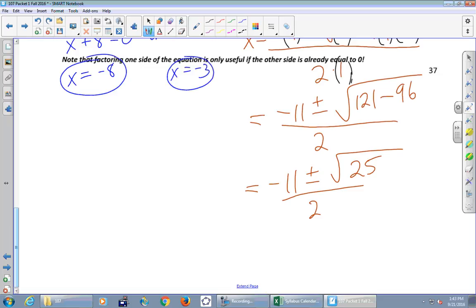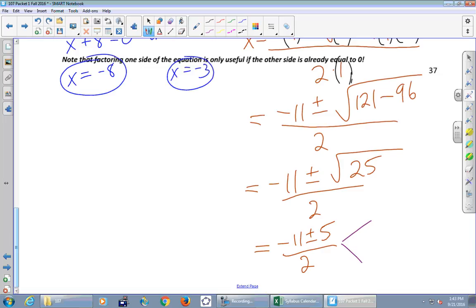In many problems where you use this quadratic formula, that's the last step right there. We're done. But how come we're not done in this one? Because it's 25, right? If it were 26, we'd be done. Square root of 26, we can't do anything with. But occasionally you get something where you can. So we do have to go farther, but normally this is the end. Okay, so this is negative 11 plus or minus square root of 25 is just 5, divided by 2. And I mean, this answer is correct, but it's just written in a very strange form.